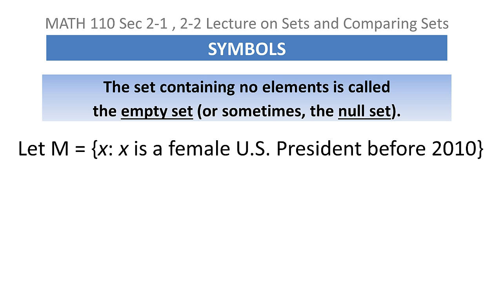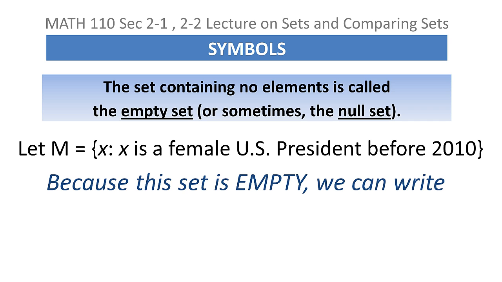For example, if I said M is the set of all X, such that X is a female U.S. president before 2010, there hasn't been a female U.S. president as of yet, so that set would be empty. Now we write empty sets. There are two common ways of writing them. You can write